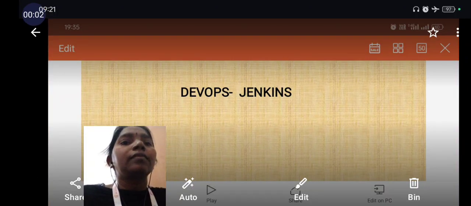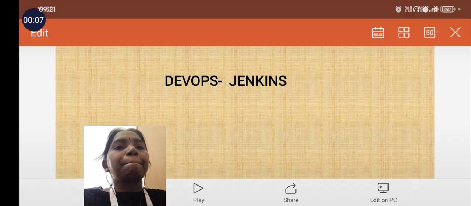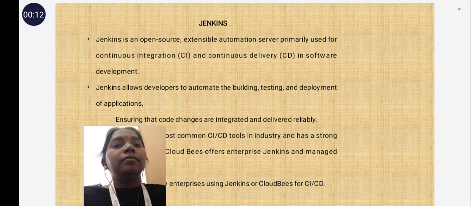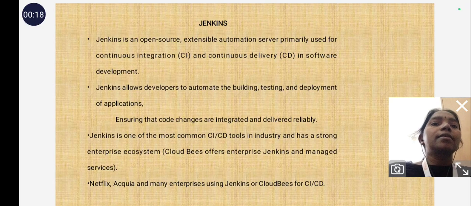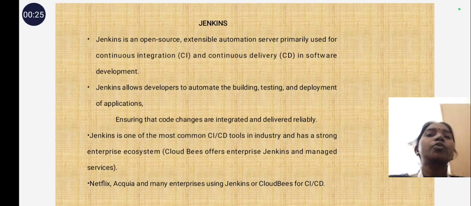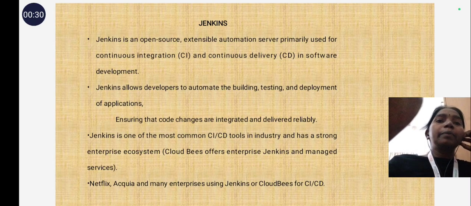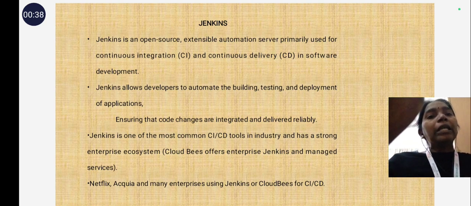DevOps. In DevOps, we've seen the topic of Jenkins. Jenkins is an open source, extensible automation service. Generally it's used for continuous integration and continuous delivery in software development. That is the main usage here. Jenkins allows developers to automate the building, testing and deployment of applications, ensuring that code changes are integrated